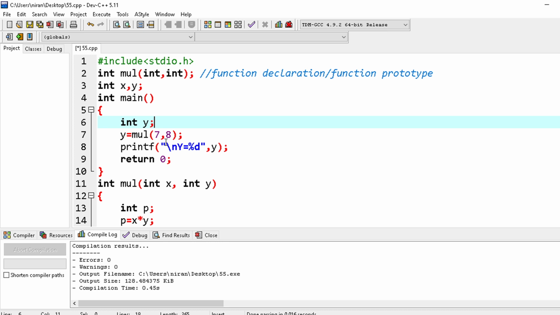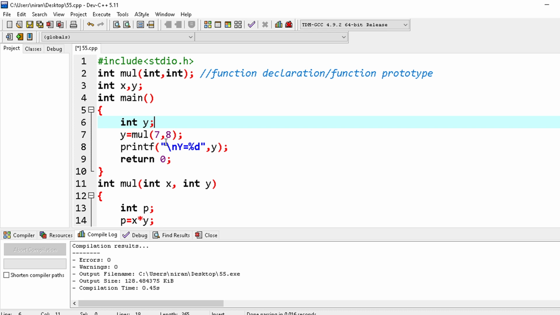So you can access this local y variable. The scope is called local. What is the scope? It is nothing but the accessing region, that is, how much area you can access this variable in.